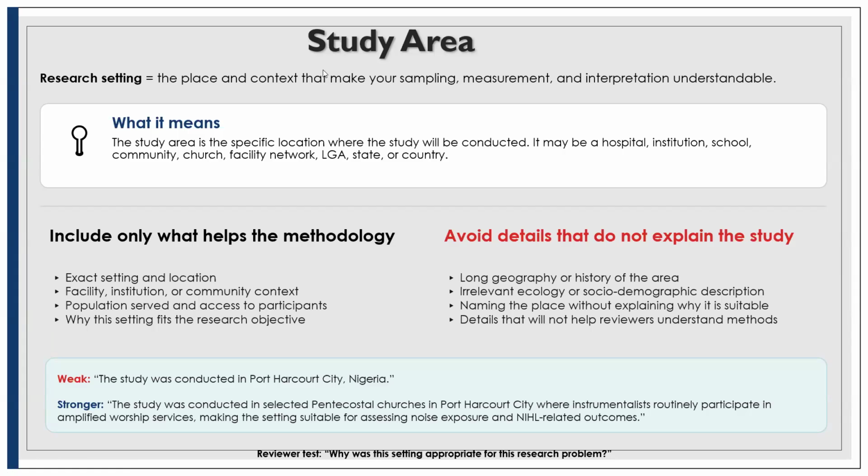But where you are missing is if the setting is appropriate for the research problem. The research problem is preeclampsia. Yes, I agree that preeclampsia can affect women of reproductive age, but preeclampsia means hypertension in pregnancy. So even if they are women of reproductive age, if they are not pregnant, then they are not the right setting for addressing that research problem. So you see why understanding your research setting is very important,